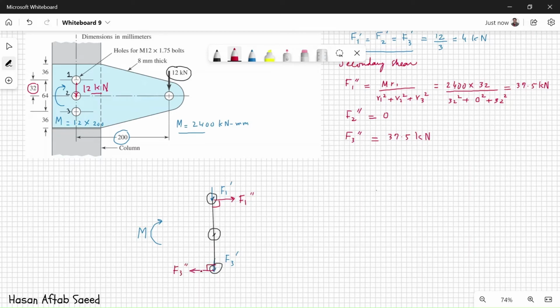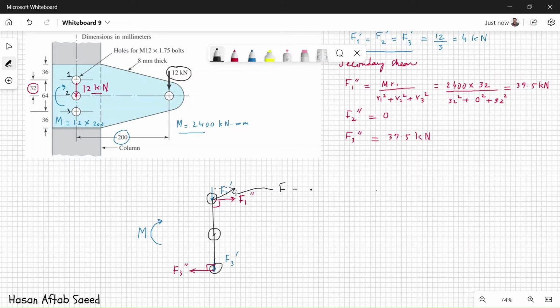This is perpendicular. The resultant of F1 single prime and F1 double prime and F3 single prime and F3 double prime will be the same. So it doesn't matter. So we can simply take any one of them and we need to find out the resultant of the two. Because F1 prime and F1 double prime are perpendicular to each other, the resultant F